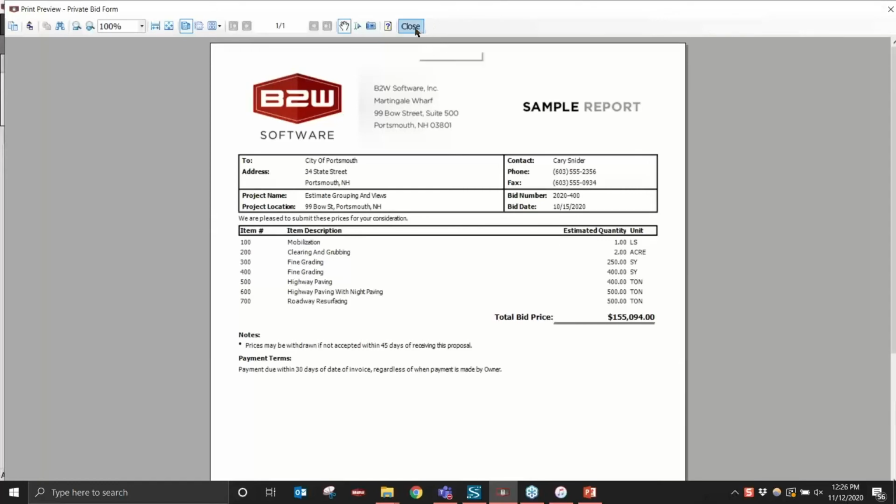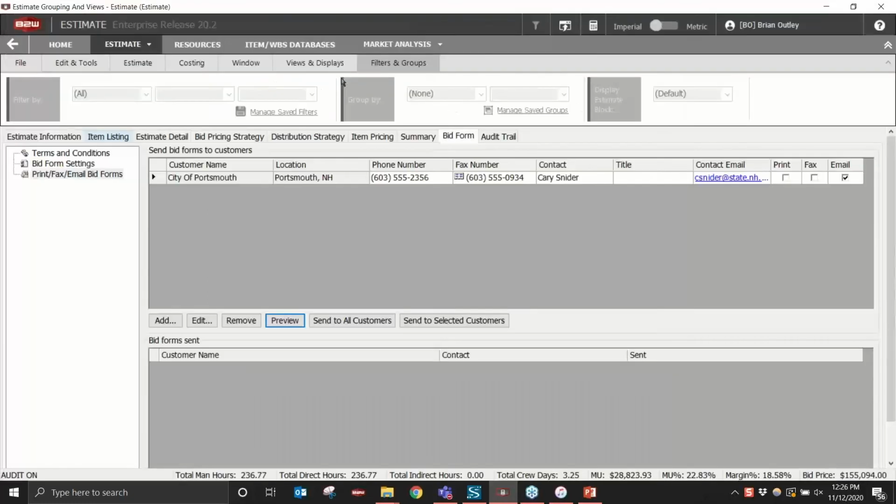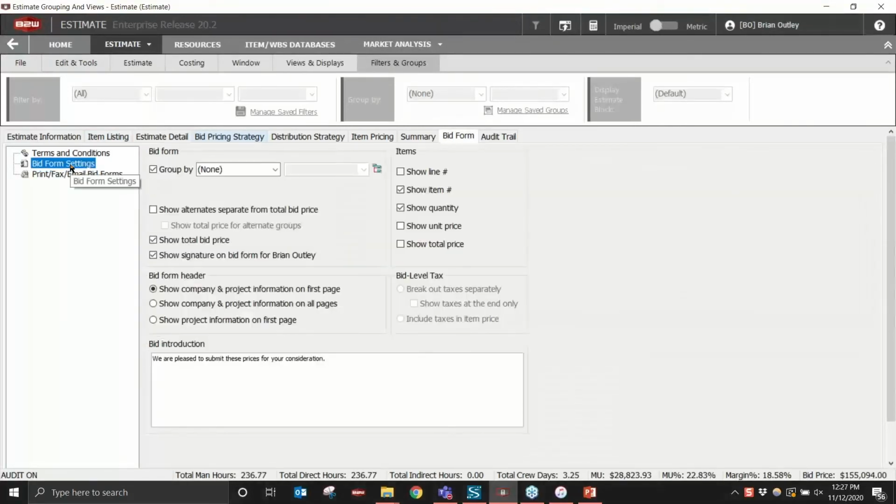But now your customer has requested, say, hey, it'd be really cool if you could send me that bid form in a grouping of, hey, the different types of work or phase. Well, guess what? Now we can, because we've set those up. So we'll take a look at both of them and see how they look on here. So if I close this and I go back to my bid form settings up top,